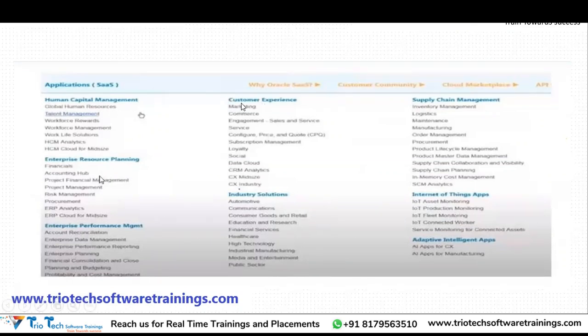Then customer experience. Customer experience is basically all related to marketing, sales activity, customer engagement. Then there are multiple other sub business processes within the customer experience. That is where there are multiple applications that Oracle provides within the customer experience domain. Then industry solutions. There are multiple industry solutions which are more advanced business processes, which are very